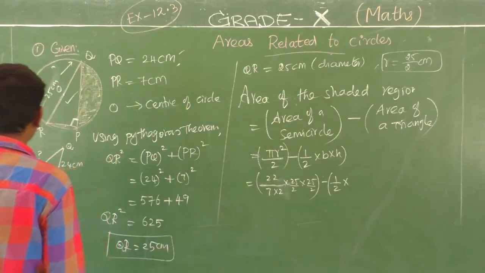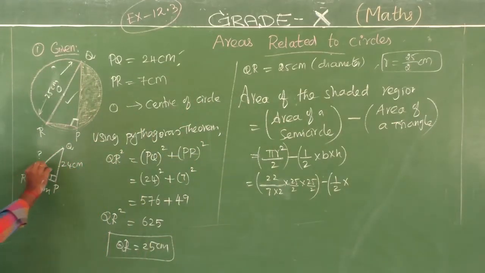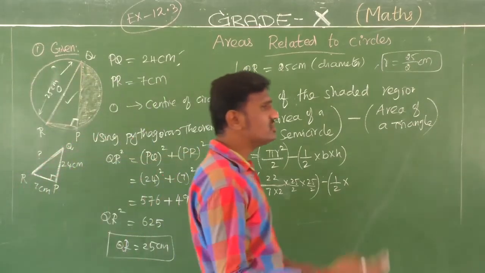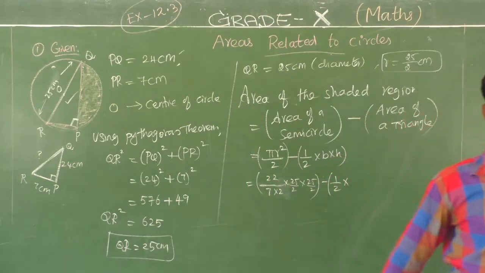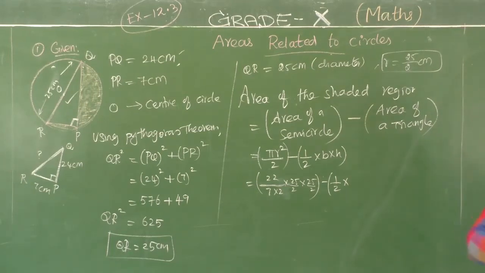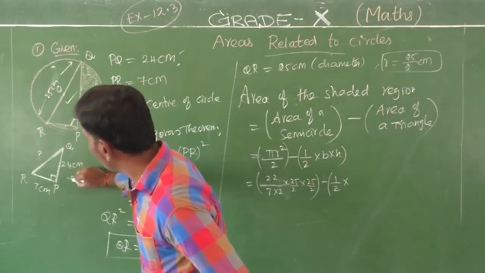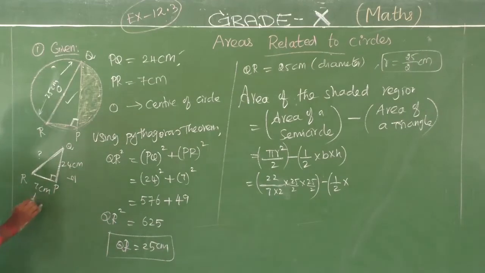What is the base? So look at the triangle, right angle triangle PQR. Here, which one is the base and which one is the height? Already you know one more name for the height, which is altitude. So the altitude is based upon the right angle side. When the angle is produced by the perpendicular, which is 90 degrees, that side we mention as the height. Yes, students. Now the base is 24 centimeter and the height is 7 centimeter.